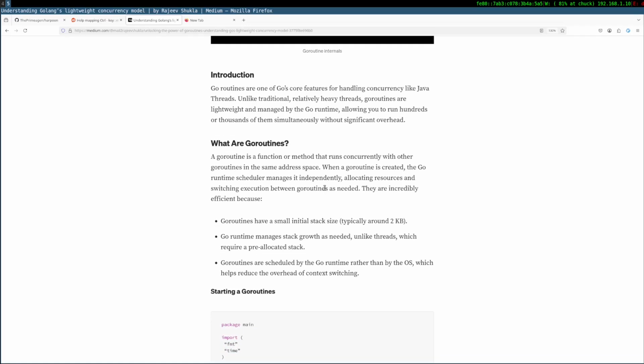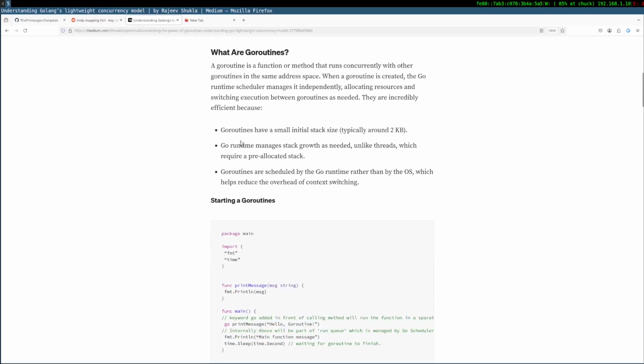What are goroutines? A goroutine is a function or method that runs concurrently with other goroutines in the same address space.